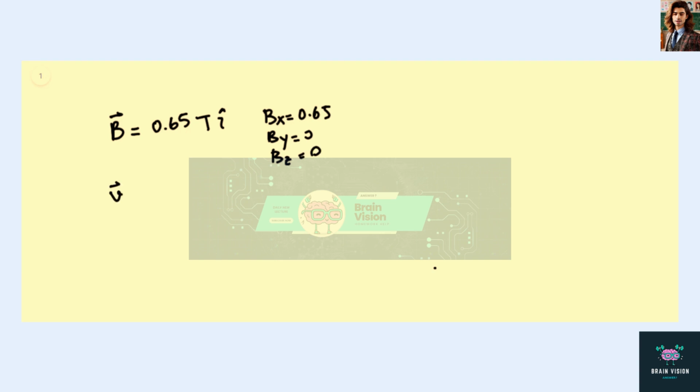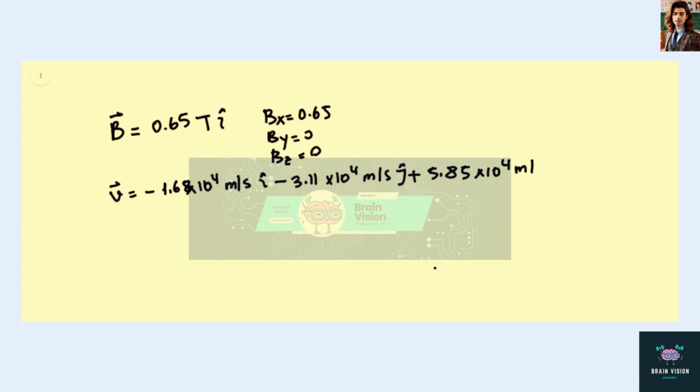And also the components of the velocity vector along with the directions are given: negative 1.68 times 10 to the power 4 meters per second i hat, minus 3.11 times 10 to the power 4 meters per second j hat, plus 5.85 times 10 to the power 4 meters per second k hat. Now, in order to calculate the force, as you know, the force is going to be equal to Q times